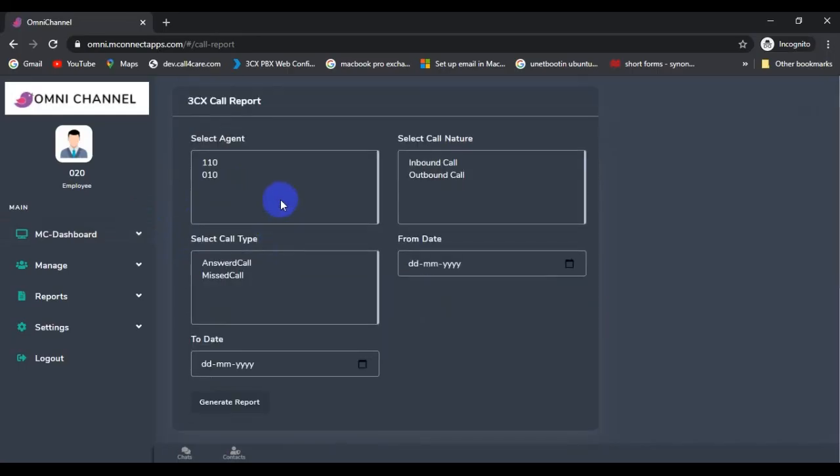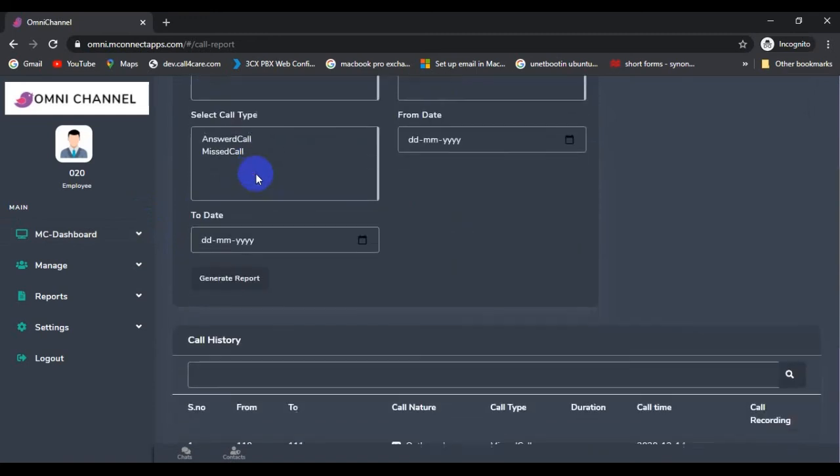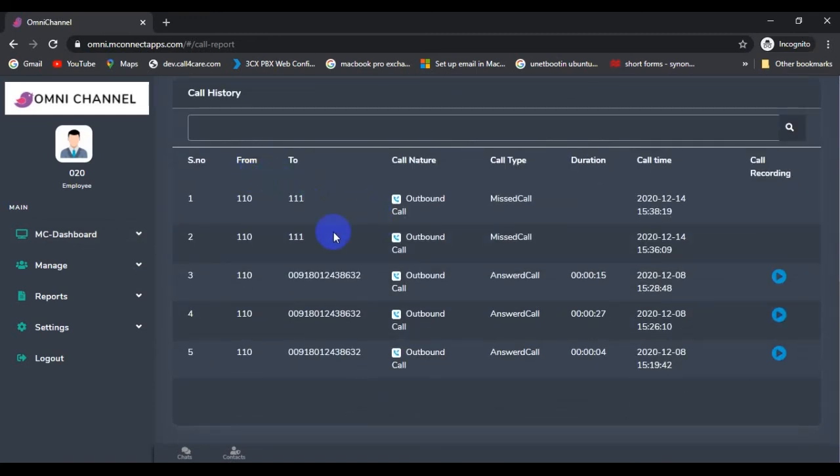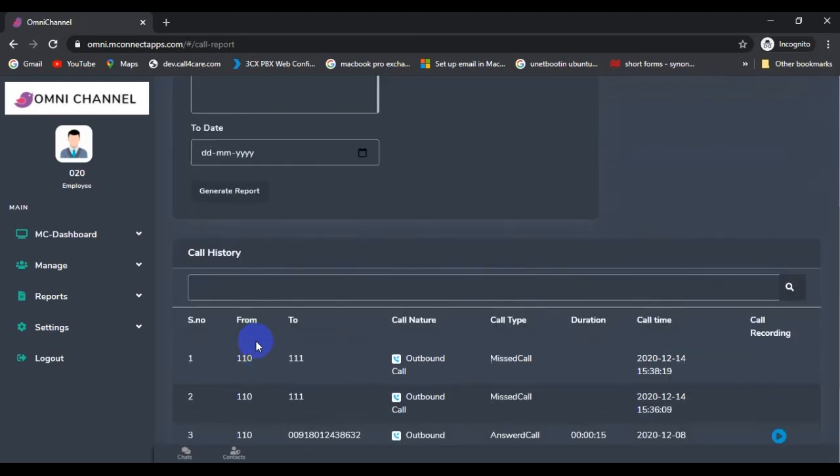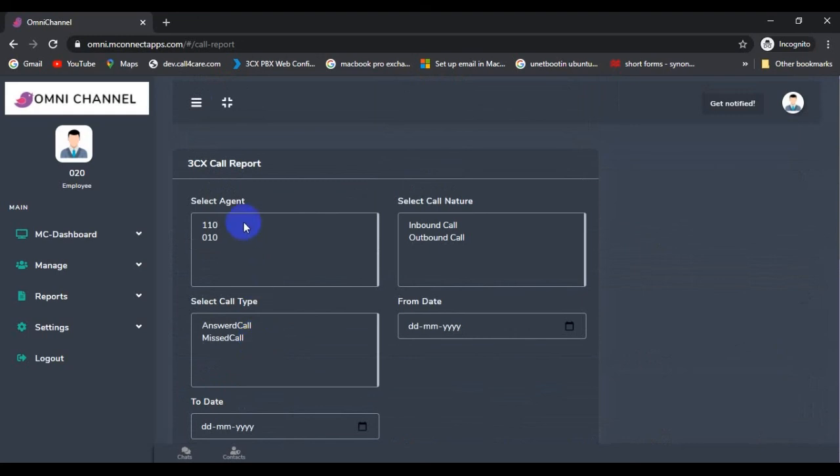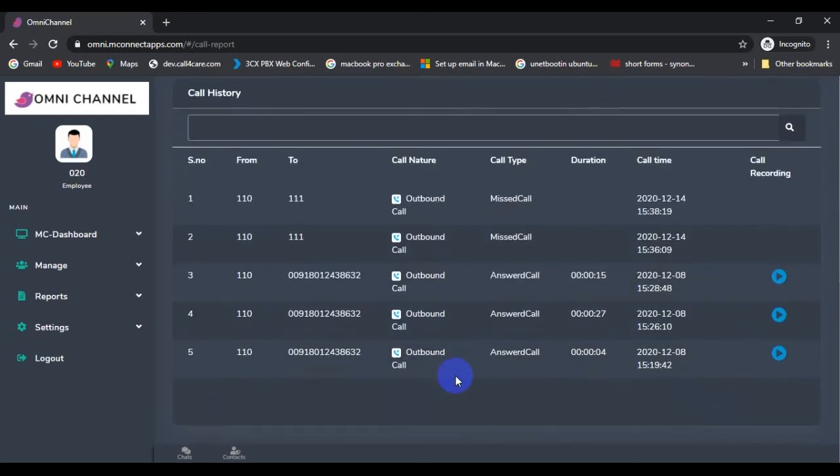You can see here the users whom I have revoked are no more listed here, and the user whom I added is being listed here. And you can see the call history. The call history is for the old user because he has interacted with the customer. The new user has not yet interacted, so you cannot see the call history. This is how you can create groups and assign users to view call history quickly and to